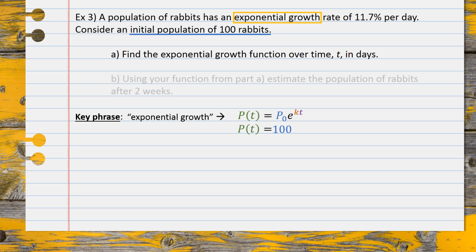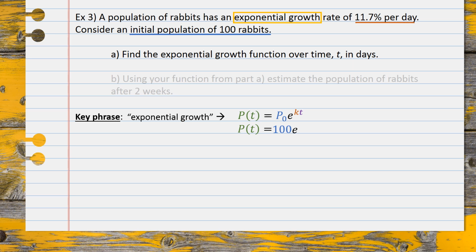Next, we have the E, which is its own value, so it will remain the same. Next, we have the power of K times T. K is your growth rate. Do we know our growth rate? Absolutely,